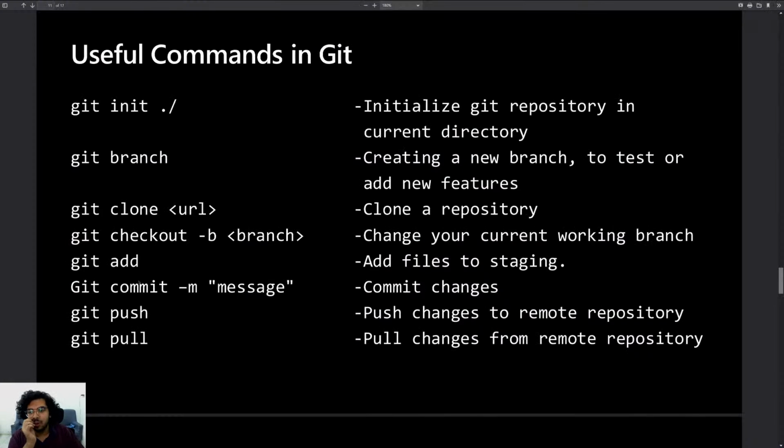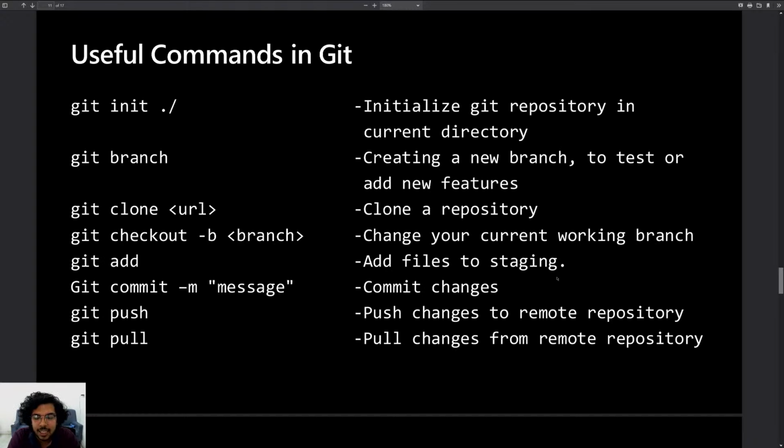Okay, so git add. Staging and committing are the two steps. There are many times when in the directory there might be some files which you do not want to upload to the remote repository. You might have some passwords or some user files which are confidential, which you don't want to share with the entire public.